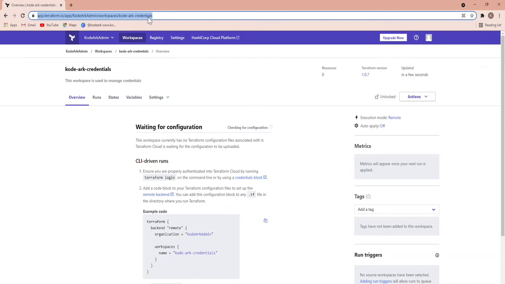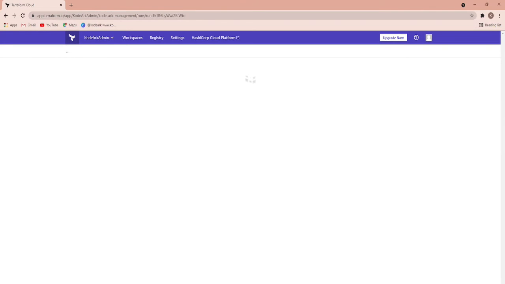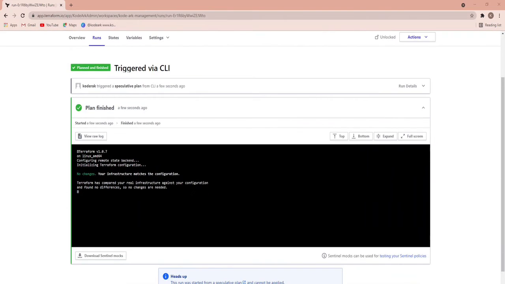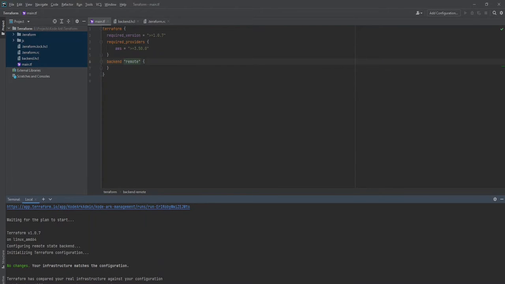Let me open it here. No changes declared because we have set this up to run at the remote level. If I omit this part, then it will start working on my local.